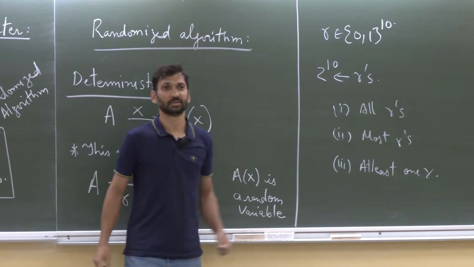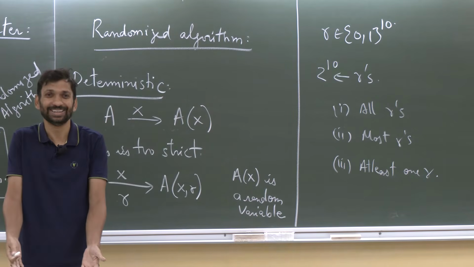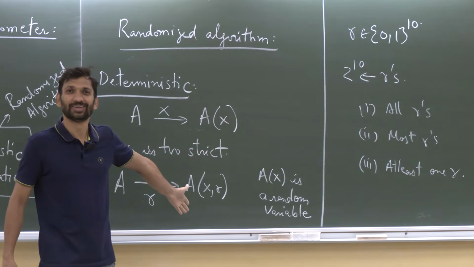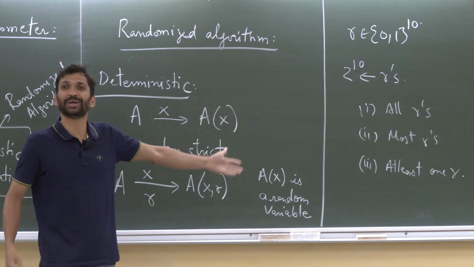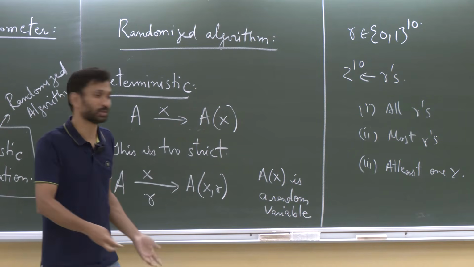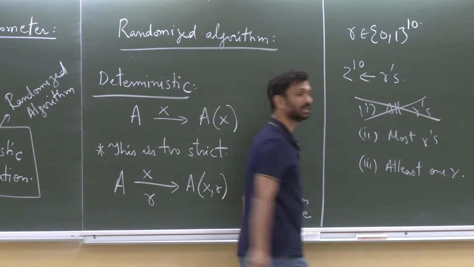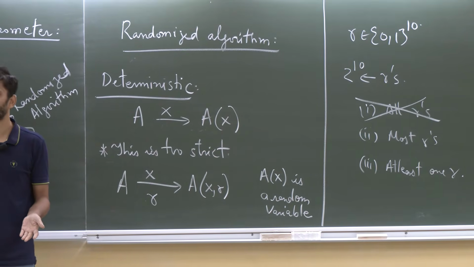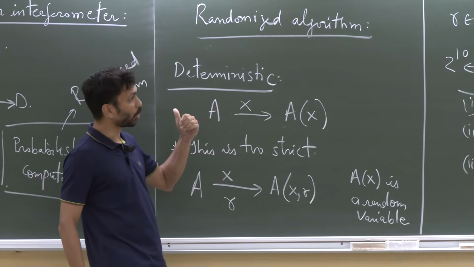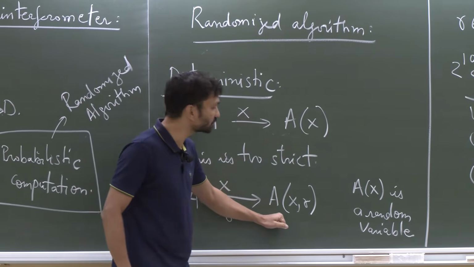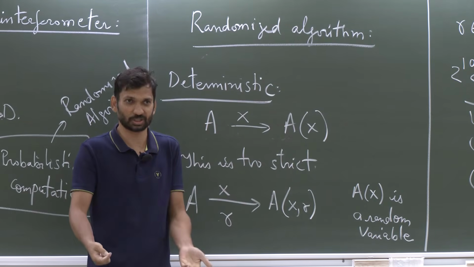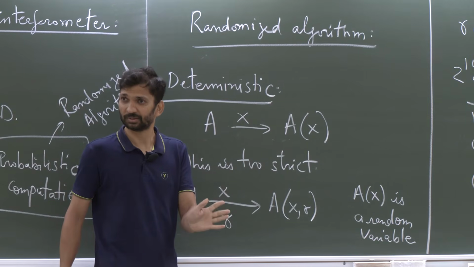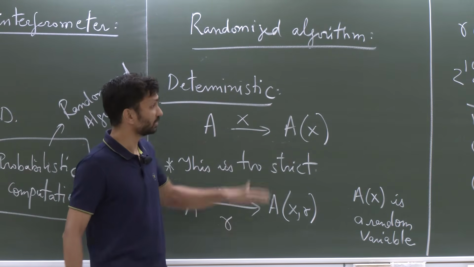What about all R's? Exactly. If my algorithm is working for all R's, then I will just pick one R and run my algorithm on that R. Right? Why do I actually need to do a random coin toss? So this will not give us any extra capability. This will lead us back to deterministic computation. So if I say that my algorithm has to be correct on all R's, then the power of this model will be exactly the same as deterministic computation. That means it is going to be extremely slow, limited, whatever way you want to call it. So then this is not all.